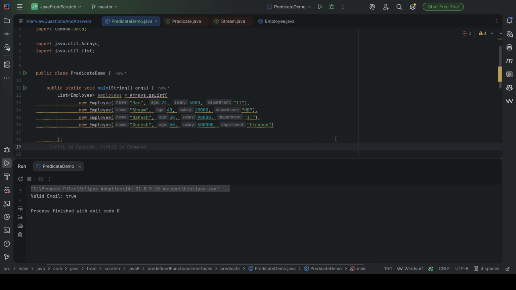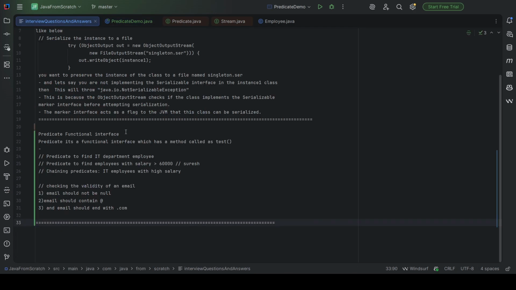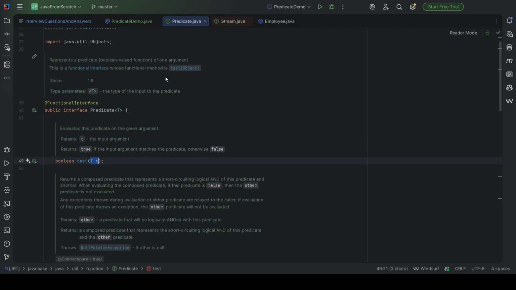As we say, Predicate is the predefined functional interface. We have some programming questions here. Predicate is the predefined functional interface in Java which has only one method, that is test. If we go to Predicate.java, this test method is there and it returns boolean, true or false, based on the condition checking.